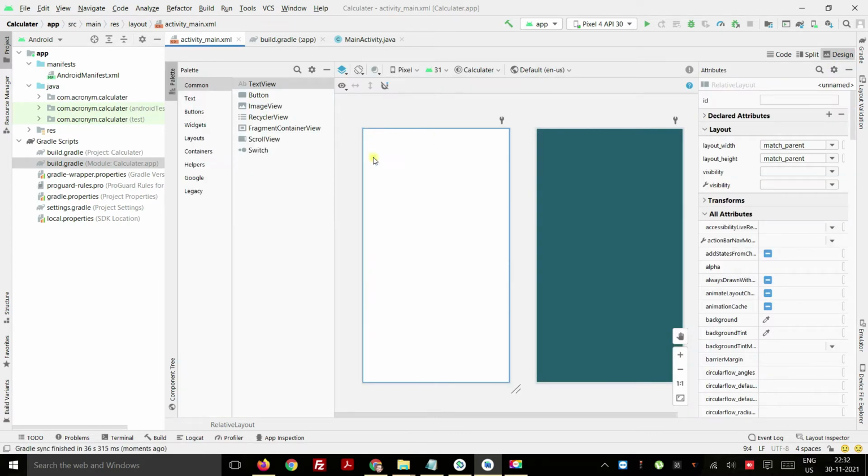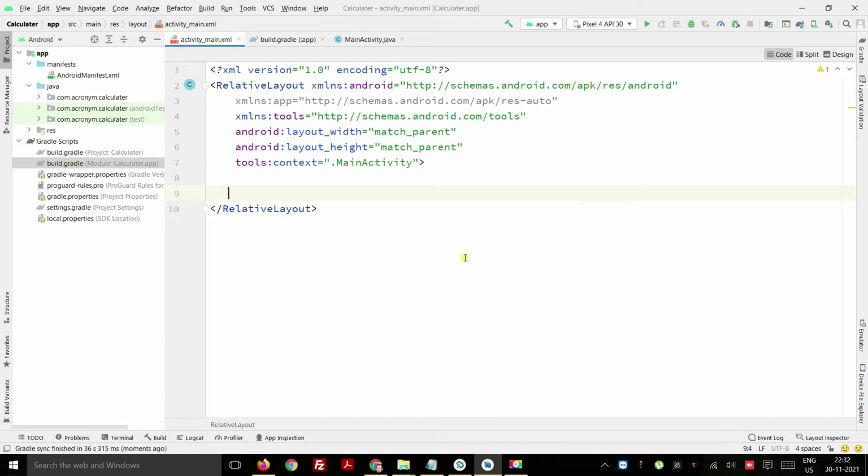First of all, we are going to have a top bar where the expression, whatever numbers you are entering from the calculator, will be displayed. So I'm going to make a text view.